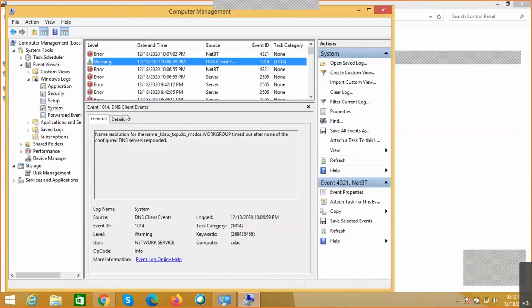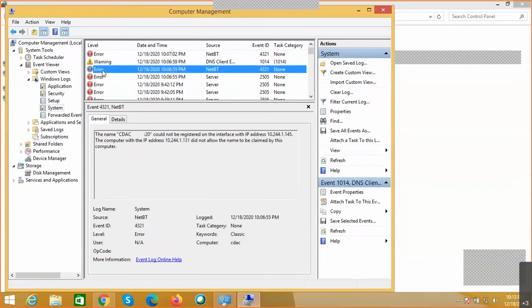For example, name resolution of so and so timed out because none of the DNS servers have been configured. So if we want to troubleshoot any issue, we can check the logs in this event viewer, and we can get more detailed information about where exactly the problem is.